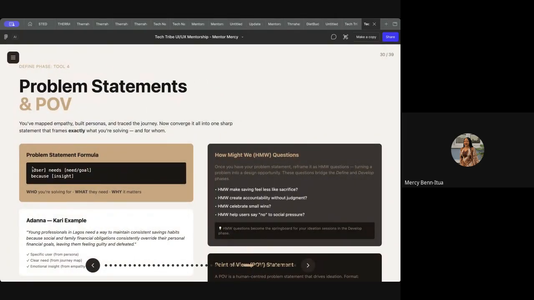we have the problem statements and POV. I talked a lot about this in the last class on how you can create your problem statements, which is basically who your user is, what they need, and why they need it. Who, what, why. Who you're solving for, what they need, and why it matters. That's how you create your problem statement. And your problem statement is basically for you to say, okay, so I did this research, I wrote these personas, I tried to empathize with my user, I came up with empathy maps, and I discovered that